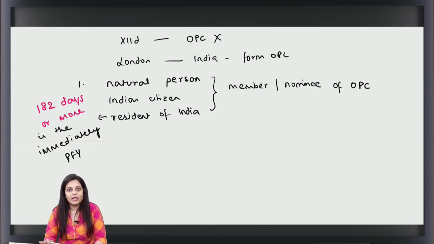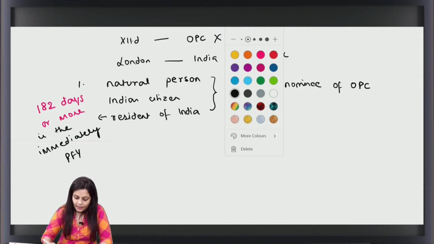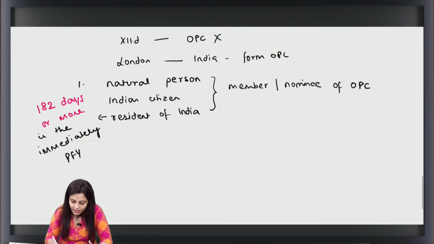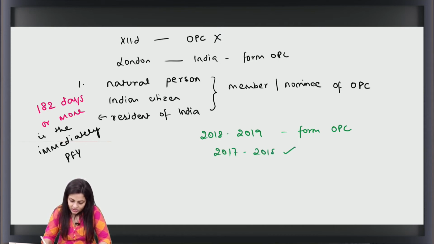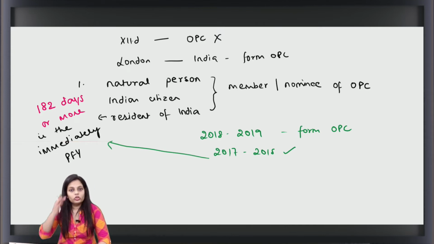रेसिडेंट ऑफ इंडिया माना जाएगा। अब इसका मतलब क्या हुआ? लेट अस से फॉर एग्जांपल, ये कौन सा ईयर है हमारा? 2018 एंड 19। तो हमें 2018-19 में ओपीसी फॉर्म करना है, तो मेरा रेसिडेंशियल स्टेटस कब का लिया जाएगा? 2017-18 का रेसिडेंशियल स्टेटस होना चाहिए 182 डेज और मोर। अगर है तो आई हैव अ राइट टू फॉर्म एन